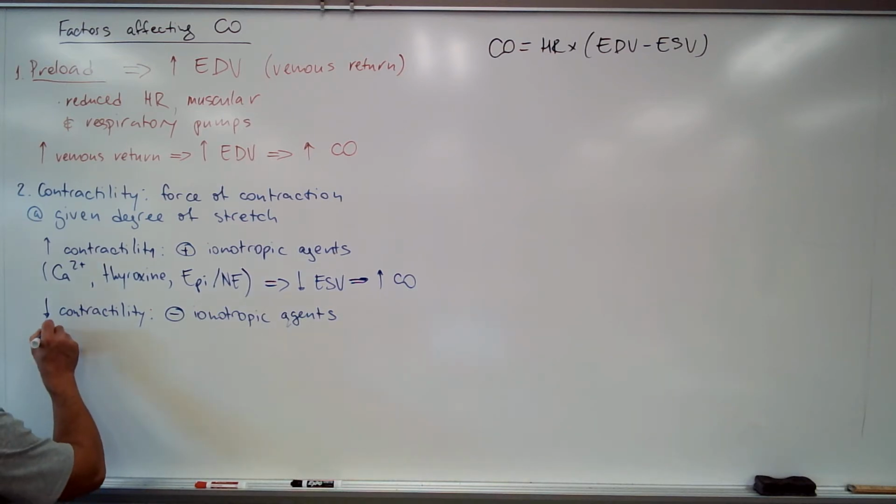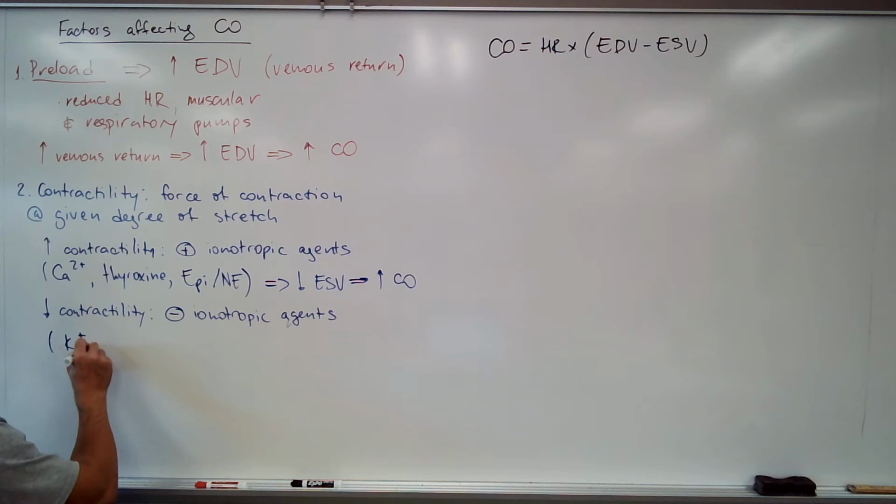Two that I want you to know are potassium and acid. Okay? In acidosis, the ability of the heart to contract is reduced, as well as in the presence of high concentrations of potassium. Does that make sense? Are we clear? Okay. Now,